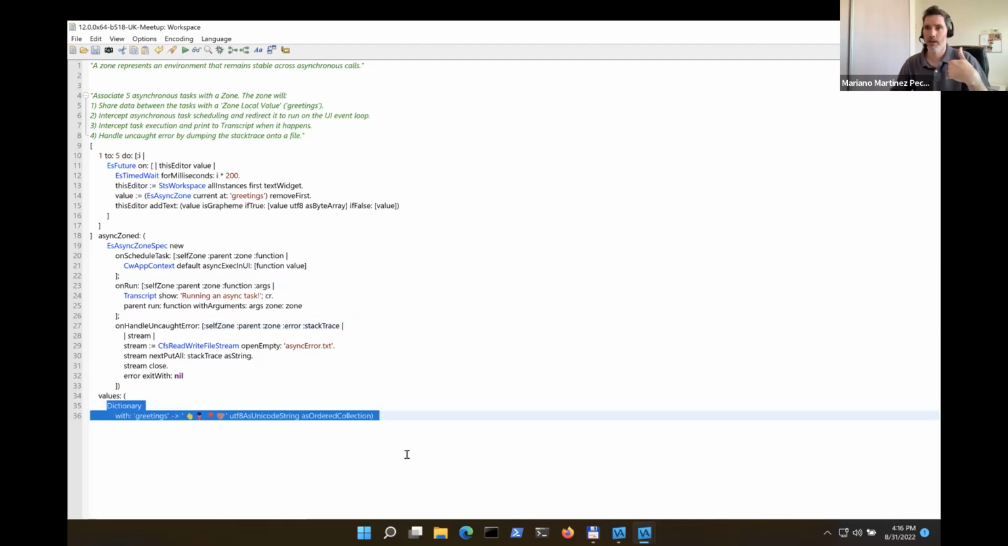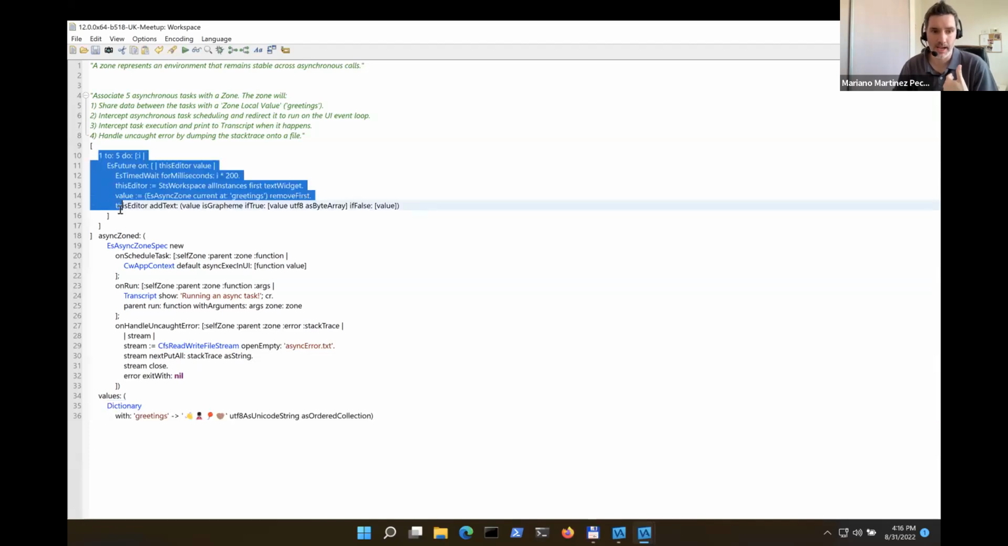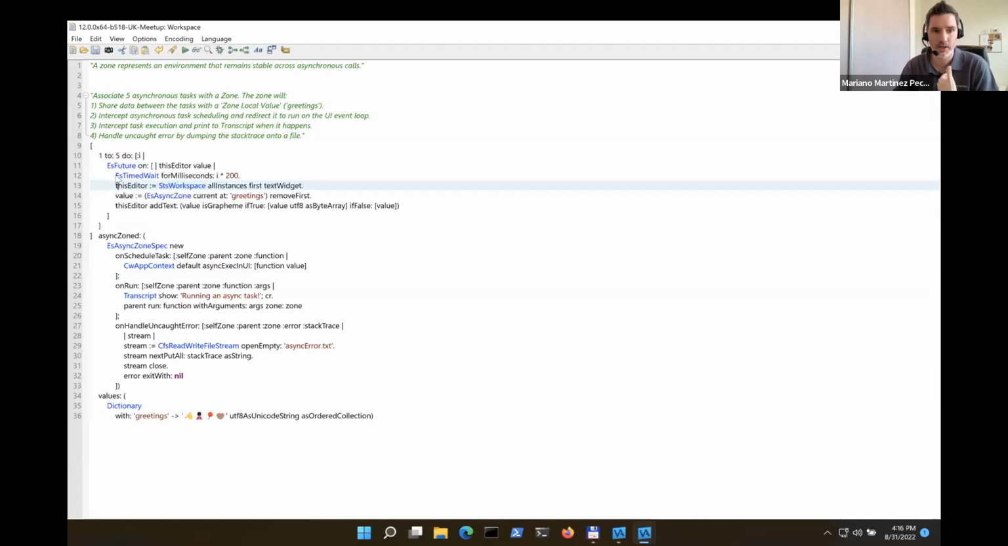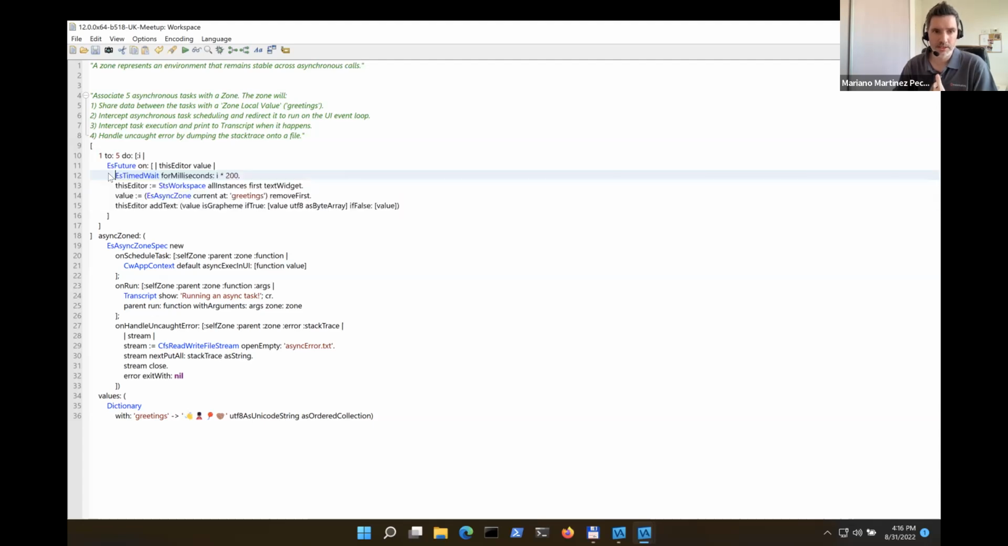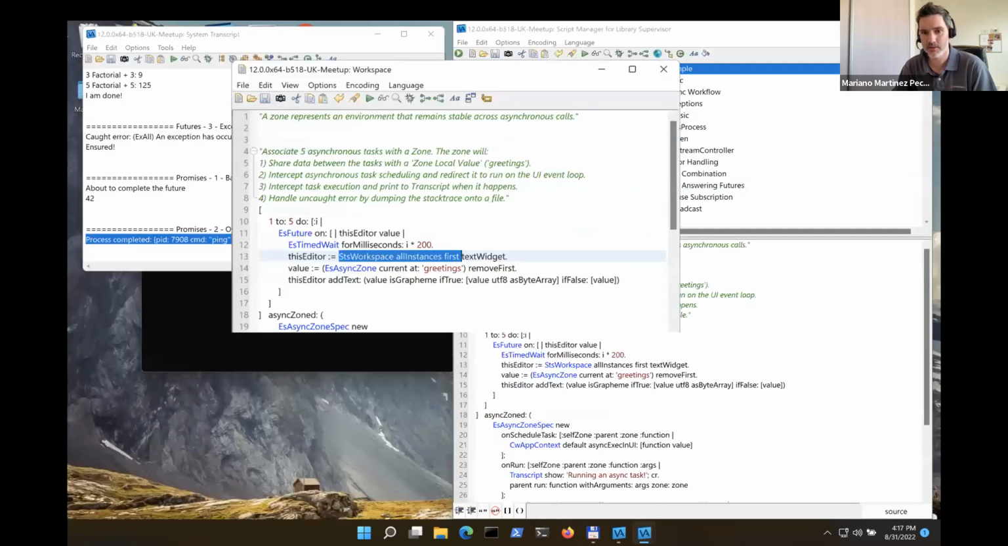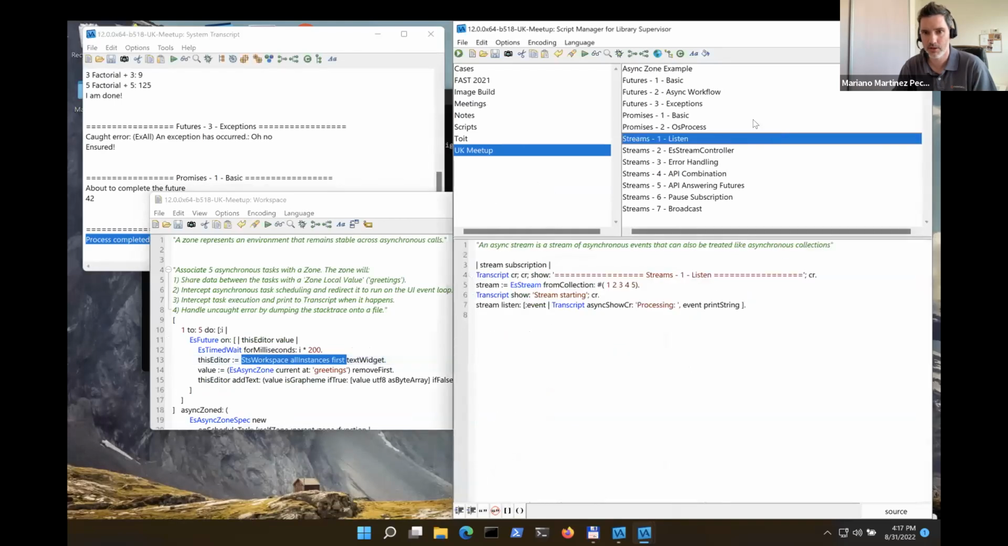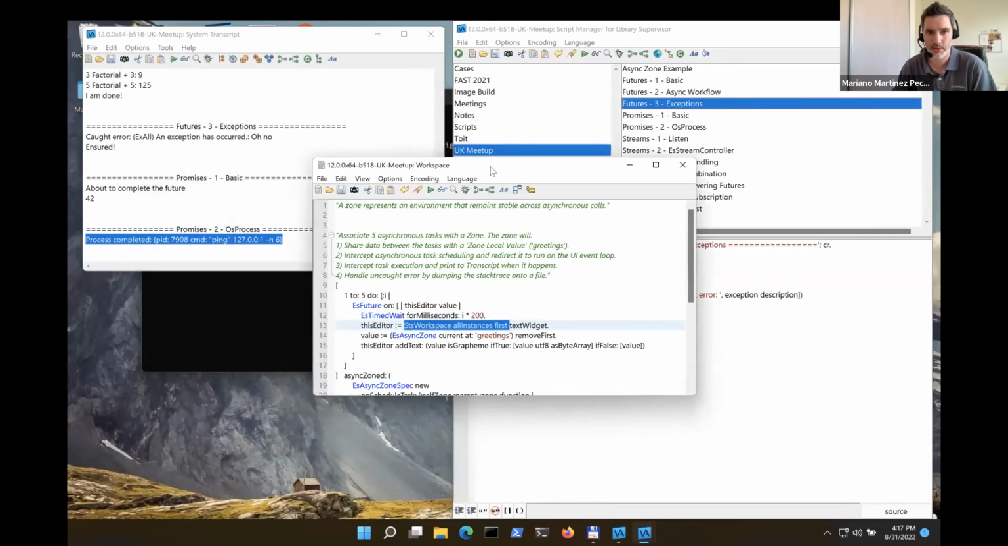Now let's see what our tasks do. What are asynchronous tasks doing? Well, they do the following. First, they wait a little bit. It's just some waiting, I multiply by 200 milliseconds. Then we grab the editor. So here we're doing workspace allInstances first. And since I only have one workspace open in this image,